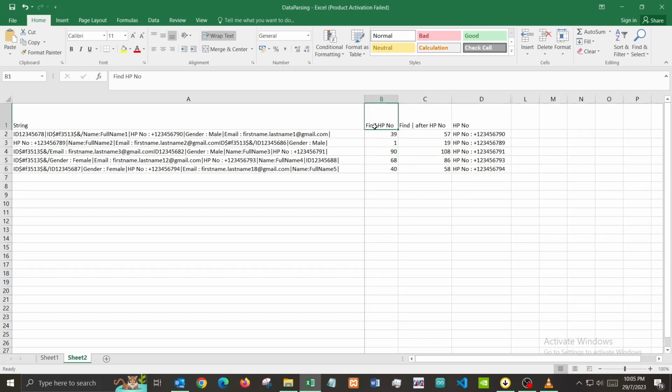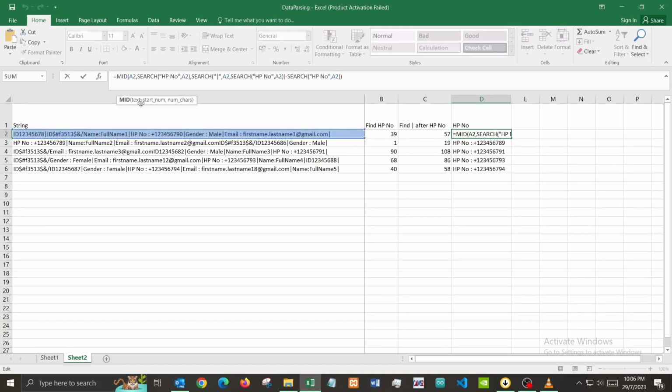Now we have found out where the handphone number starts and where the pipe that comes after handphone number starts. Now what we can do with that is tell the formula to bring me the value in between these two numbers, right? So we can use the formula called mid. Mid basically brings any character in the middle. So we have left, which brings a certain number of characters from the left, and we have the formula called right. Mid is something that brings the middle part of a string. That's all, right? So we have text A2,